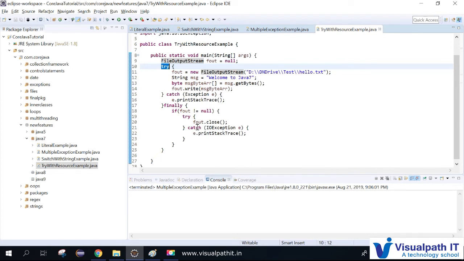I just want to give Java 7 the job of taking care of all the opening and closing of files. I don't want to code this much, and I don't want to handle files this carefully. Every time, writing this many lines of code will be very difficult for a developer. So for that, what the Java team did was introduce try with resource, which is a try block that